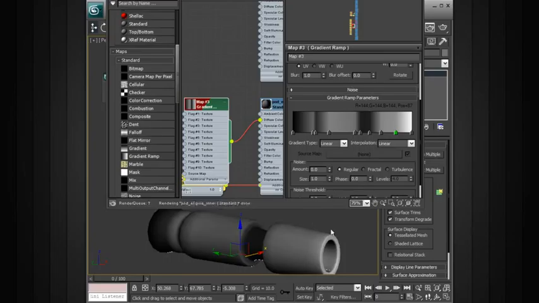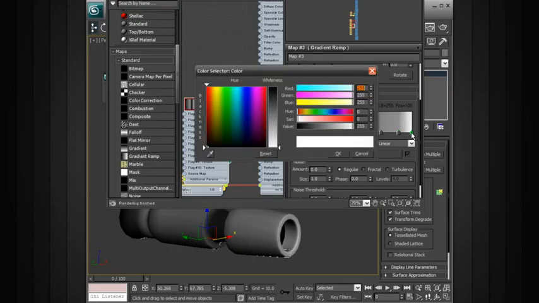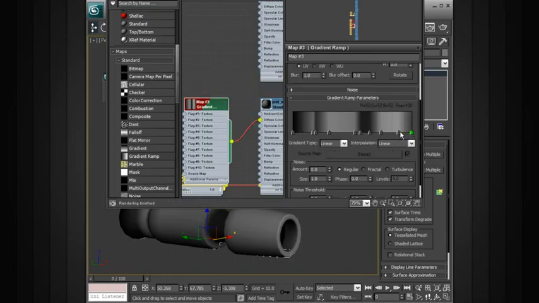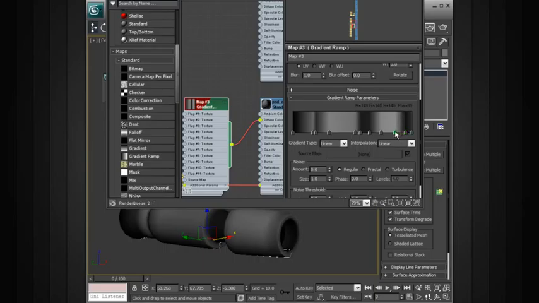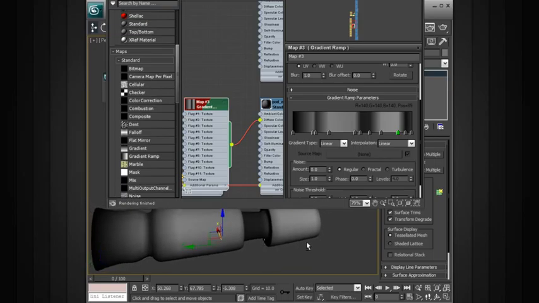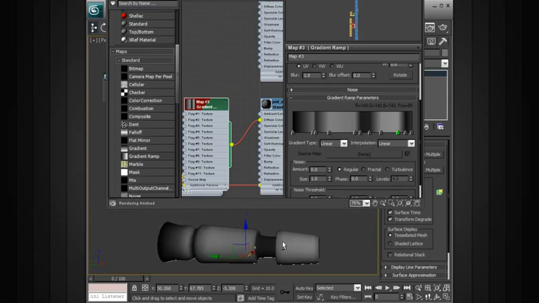Okay, and then over here, let's create some dirt and shadowing on this side. So we'll bring this down, and then let's make this a darker value here. We'll go ahead and bring this down here, make this a bit darker, add to that a little bit of that grime there on the inside. All right, and so we can just create some custom occlusion almost and custom shadowing here